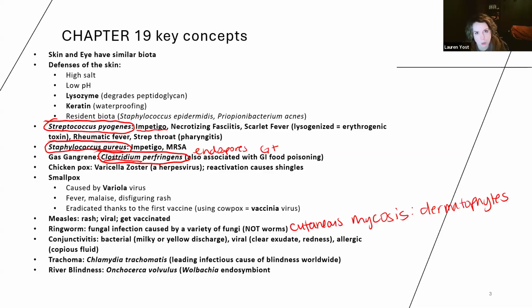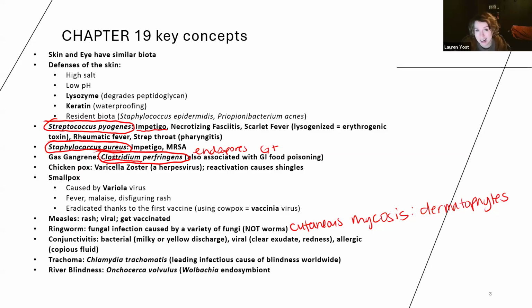But it is not caused by worms, it is caused by fungi. Don't fall for the name. It is caused by fungi. What type of diseases fall into ringworm? I know we're used to seeing the typical body type of rash associated with ringworm and calling that ringworm. But other diseases that fall into the ringworm category, other diseases that we call cutaneous mycoses, would include